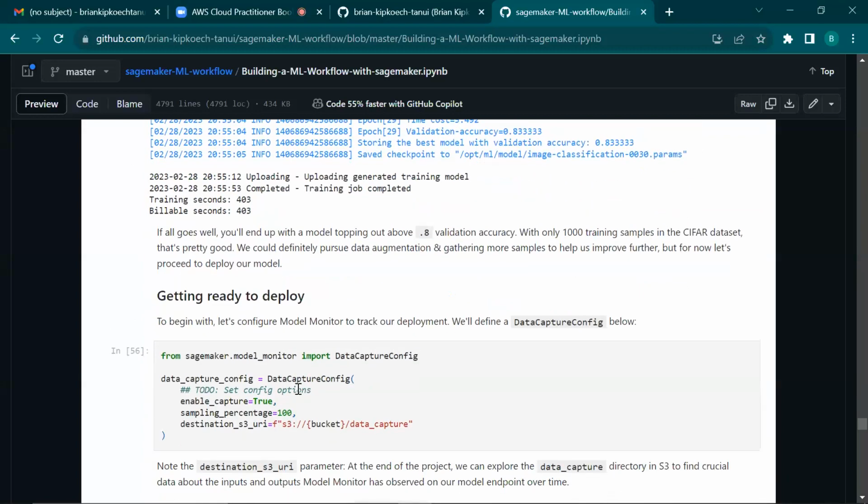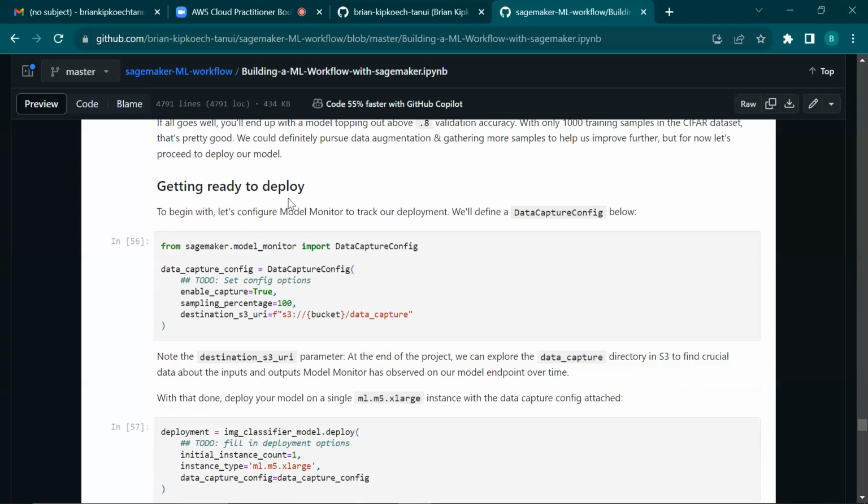Once you're done with that, we deployed this model and also used Model Monitor to track whether the model is degrading or still performing as we want. That is the SageMaker Model Monitor, which enables you to monitor the performance of your model.